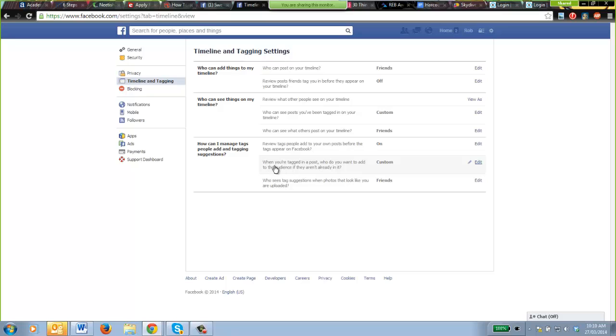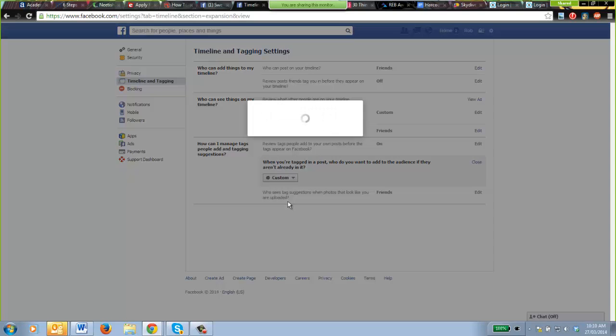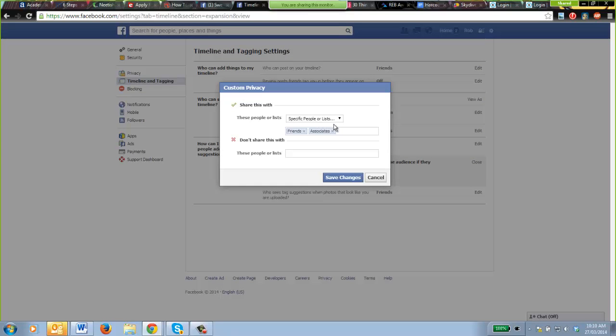Now this one here, when you're tagged in a post, who do you want to add to the audience? This is pretty much the same as who can see posts you've been tagged in on your timeline. So if I go to edit, I've set it the same to friends and associates by going custom and using that specific list. It seems a little bit silly as to why they have two of the same, but just to go through how that shows up,